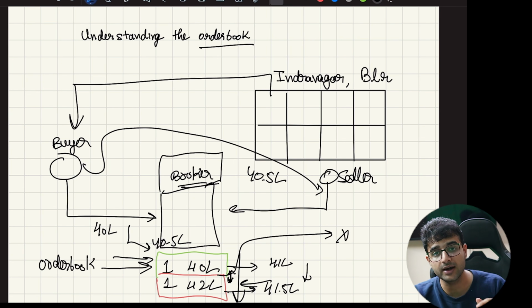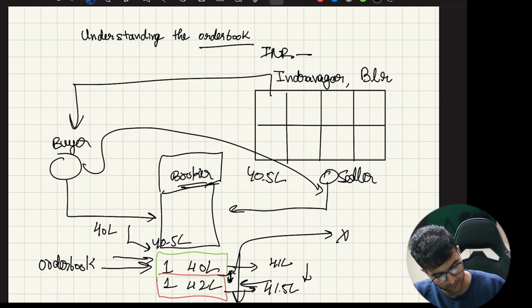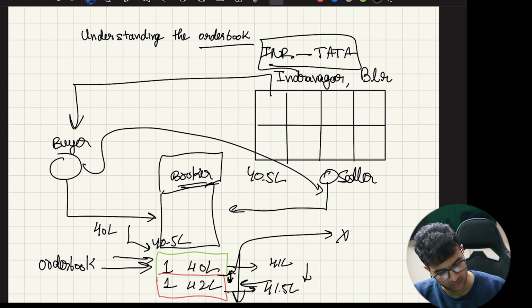The order book is the current set of orders that are not matching. There is some gap. Someone is asking for more, someone is paying less. When the match happens, these orders move off of the order book and the real world swap happens, which means an asset moves from one person to the other person. The other asset swaps again. What are these assets? INR and Tata stock is one such market where you can swap Tata stock for INR